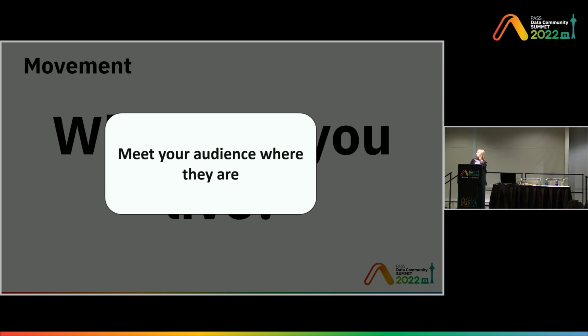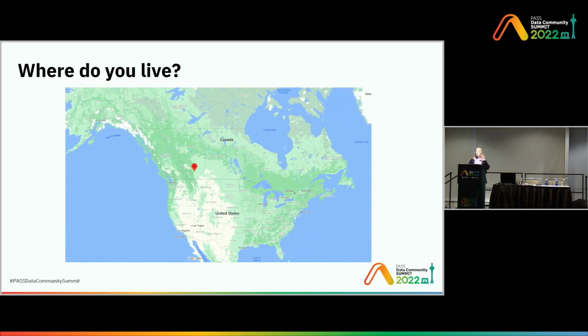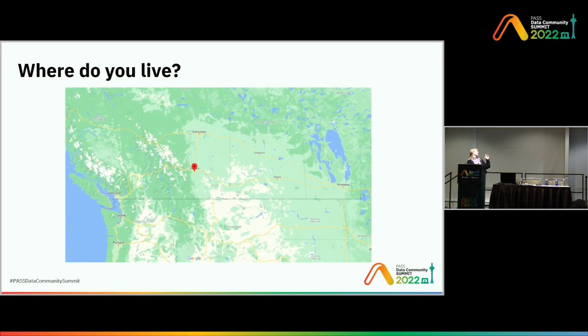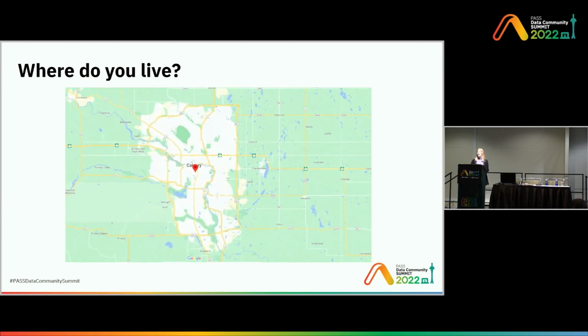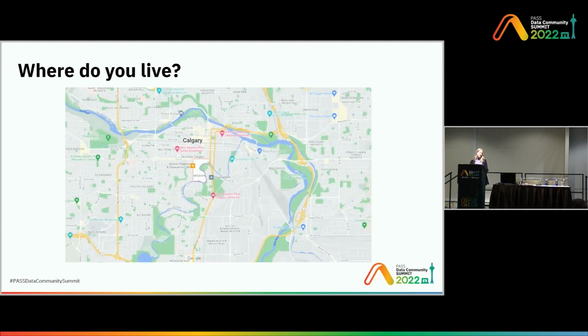But instead of explaining that Mission is a neighborhood in Calgary, which is a city in Alberta, which is a province in Canada, I could just show my audience this. I could utilize movement from a North American view to a neighborhood view to provide all the context necessary to understand where I live.